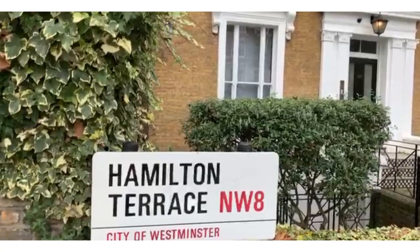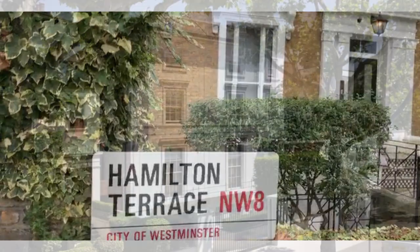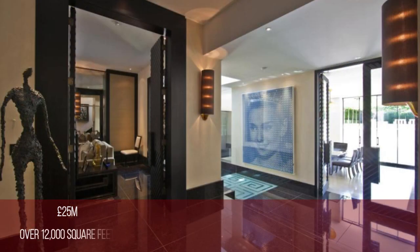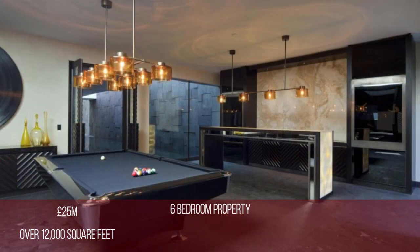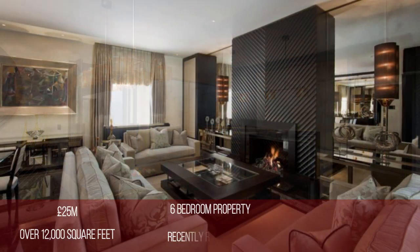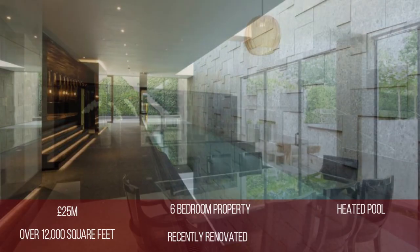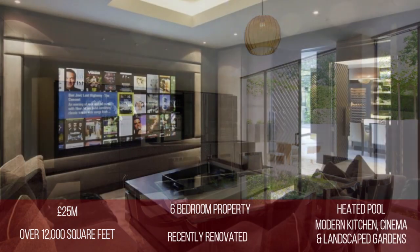The most expensive home on the market today in St. John's Wood is on Hamilton Terrace, which is one of London's most exclusive and premium streets. It's priced at £25 million and it is over 12,000 square feet. Six-bedroom home, originally built in the 1800s and fully renovated recently, including a heated indoor pool, state-of-the-art kitchen, home cinema,